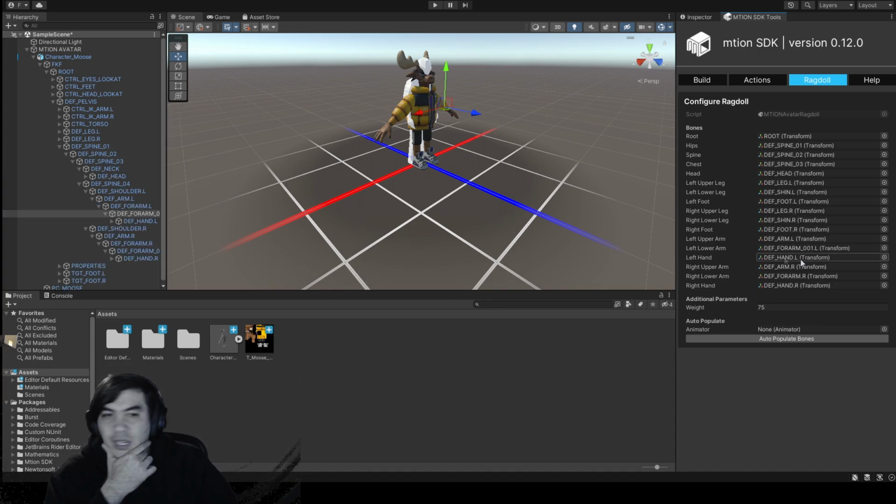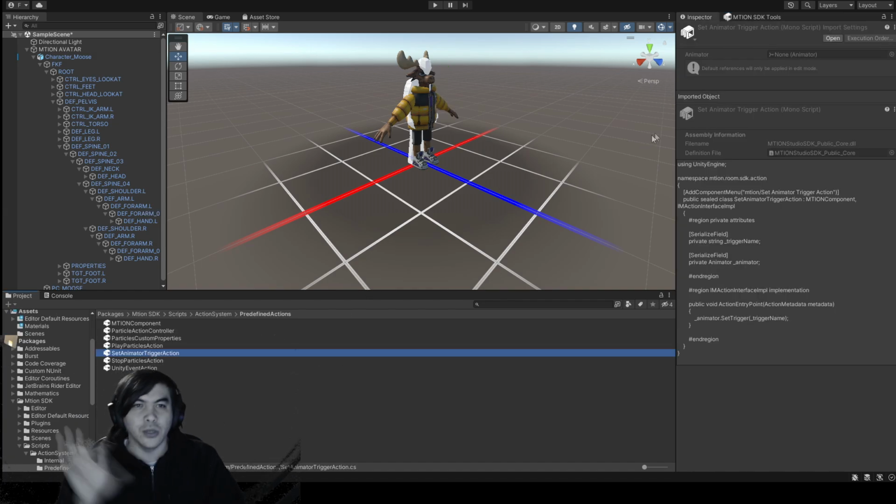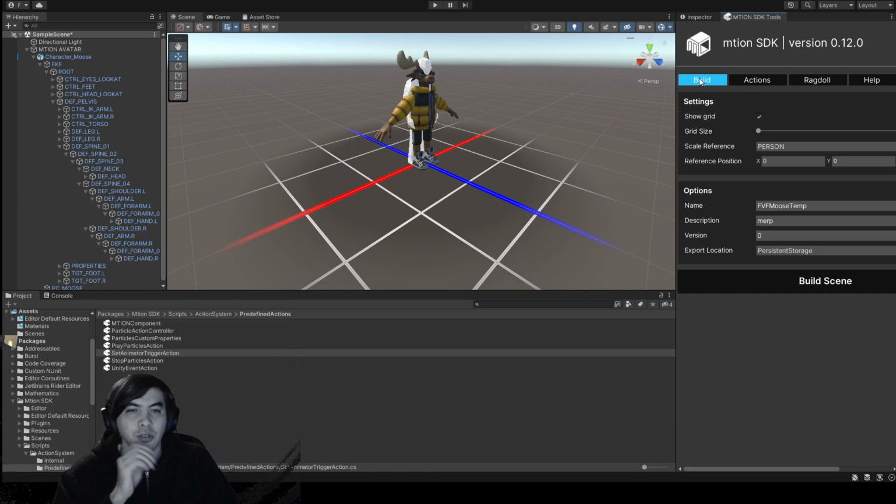Okay, so I think that's all of the bones. I don't know how to add an action component yet. Yeah, okay, so that's something that I need to read up on later. So right now, this guy is just going to be static, right? The other thing I want to try to do is see if I can